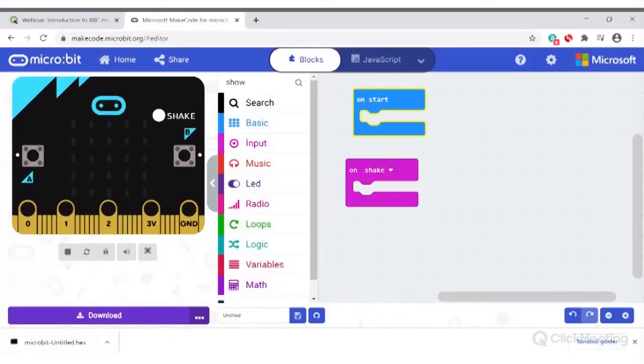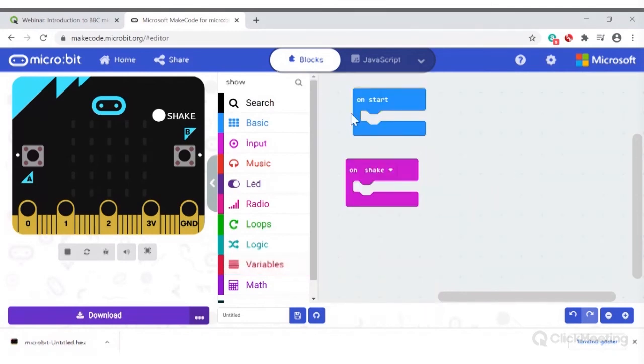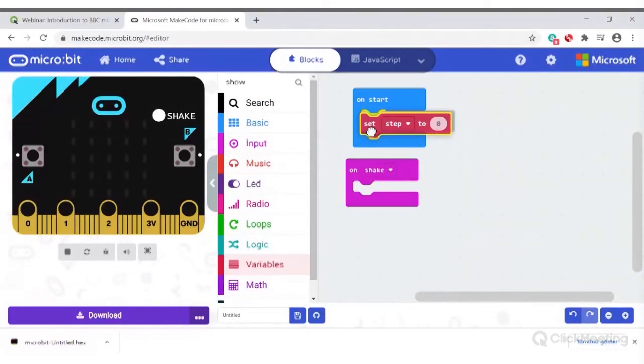Let me share my screen again. I create a variable with the name step, and after that, I set the beginning value as 0 on a start block. I use forever because I want to count my steps continuously. I have to show my step numbers, and I use